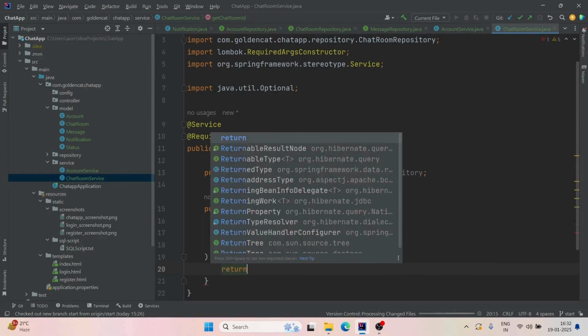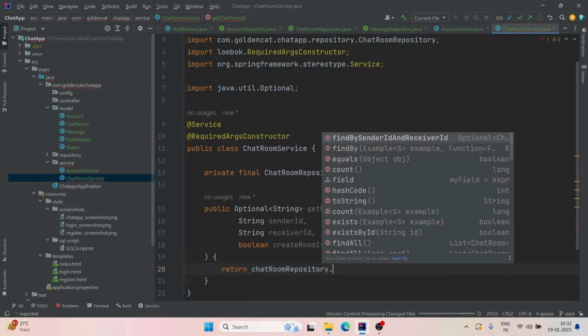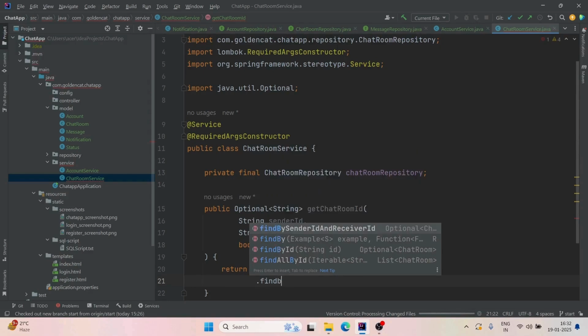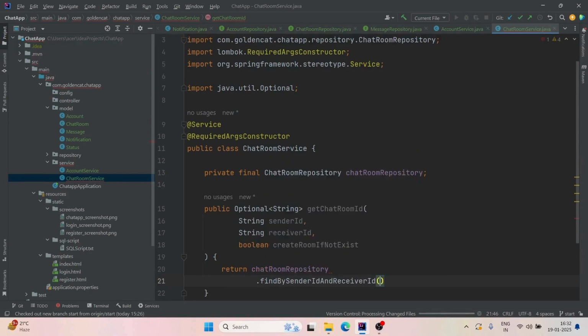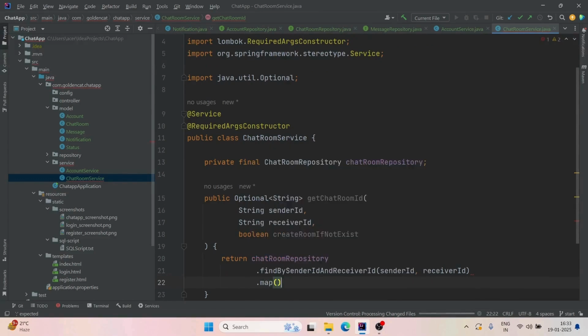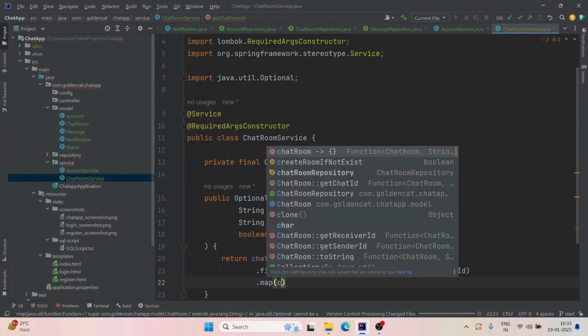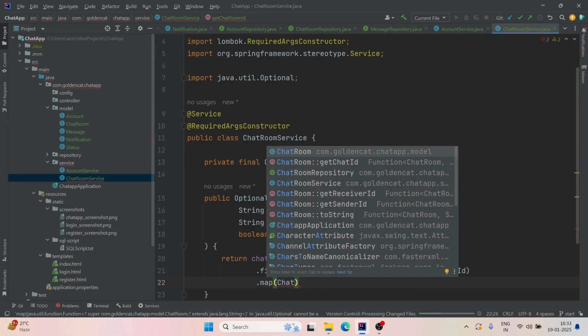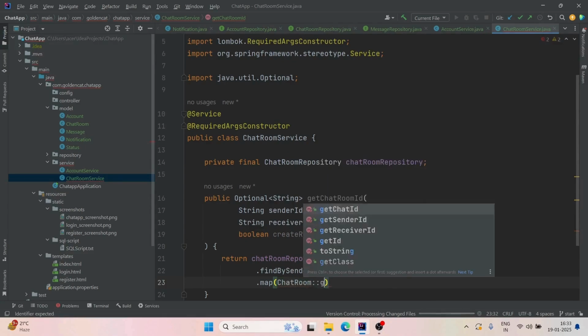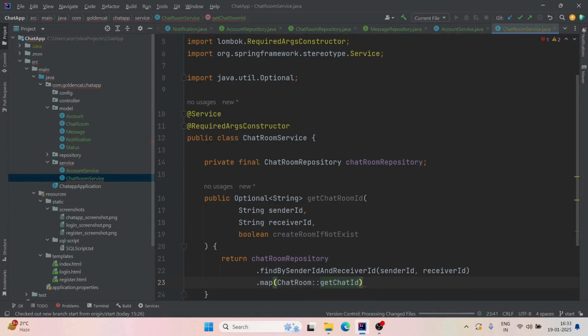Now this method would return chat room repository dot find by sender id and receiver id, and then sender id and receiver id dot map chat room get chat id, which retrieves the chat id,